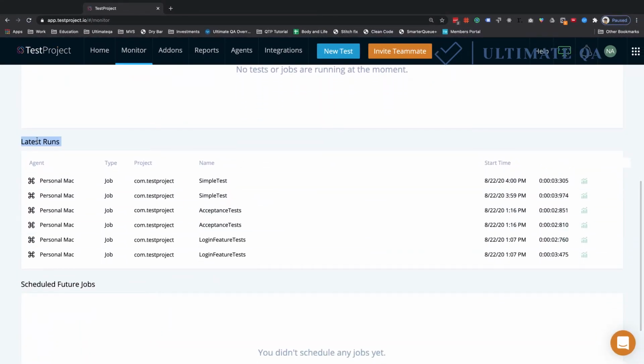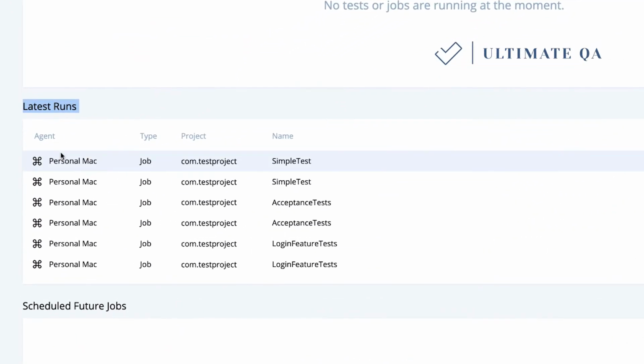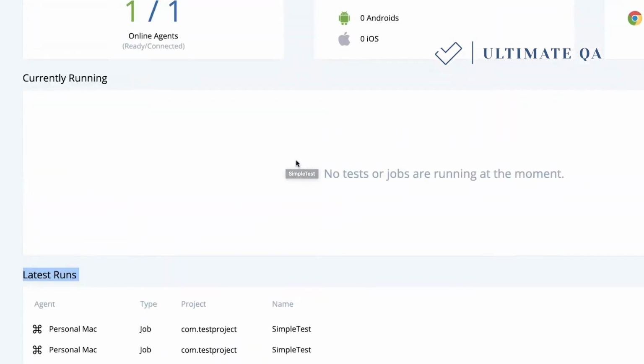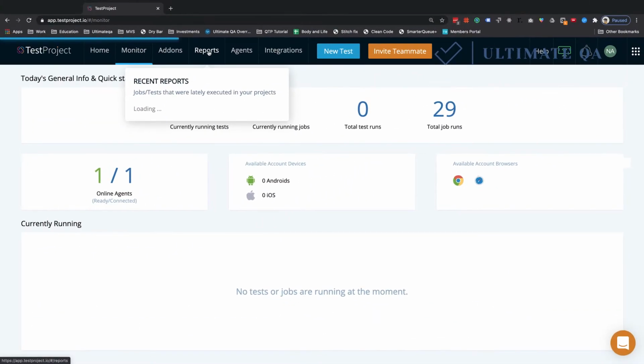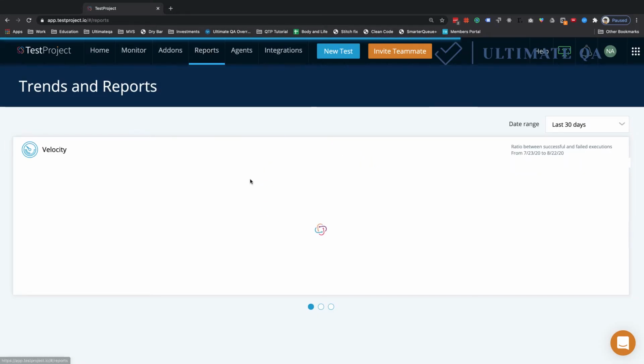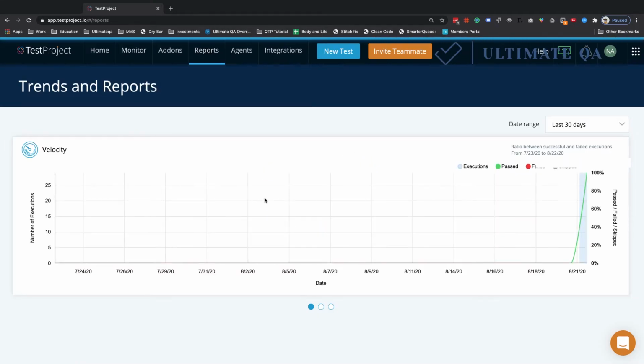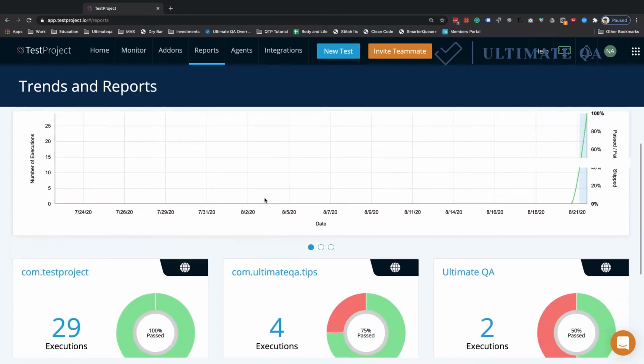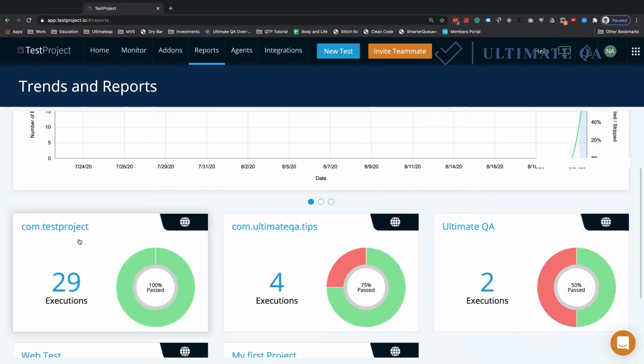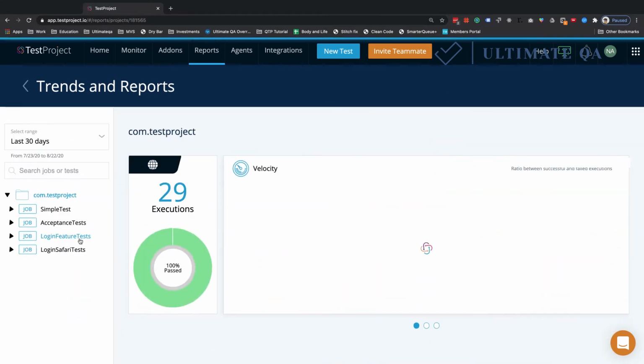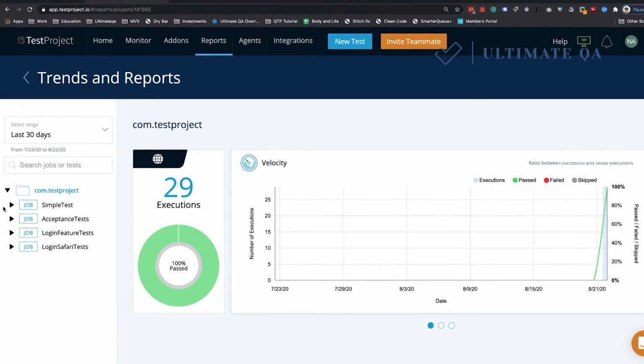But also we can see these latest runs, and what we can do is see that on our agent that we registered, the personal Mac agent that I have, there's a project called com.testproject, and there was a test that was executed called simple test. In fact, if we come over here to reports and we scroll down and select our project that we just ran on,